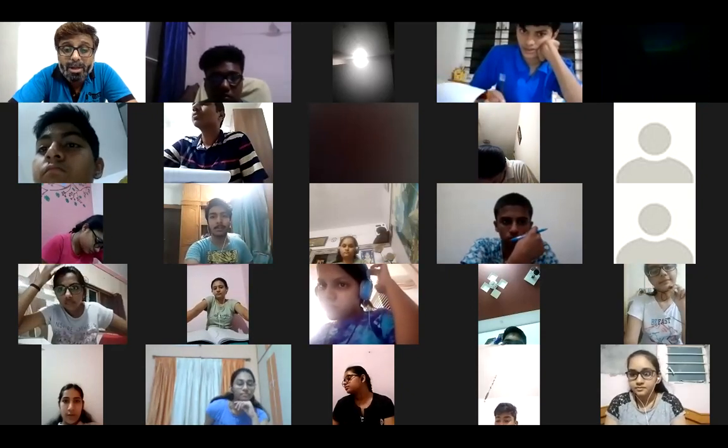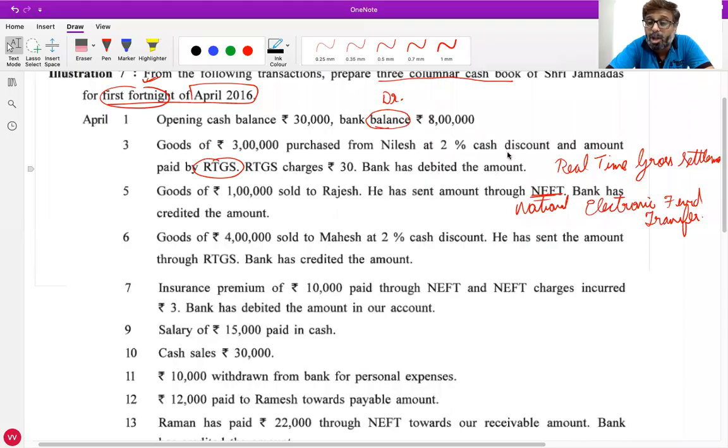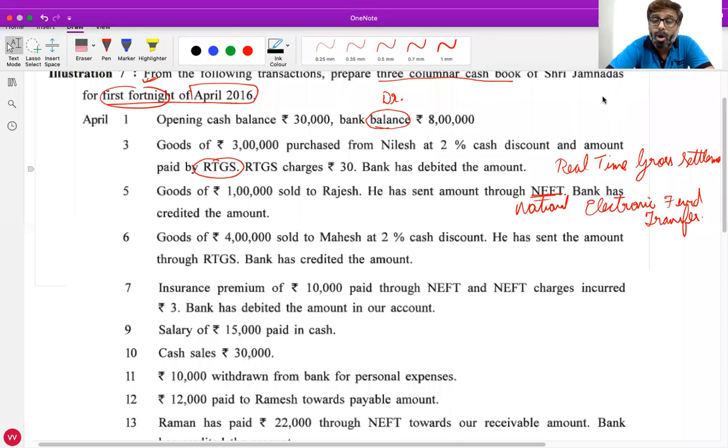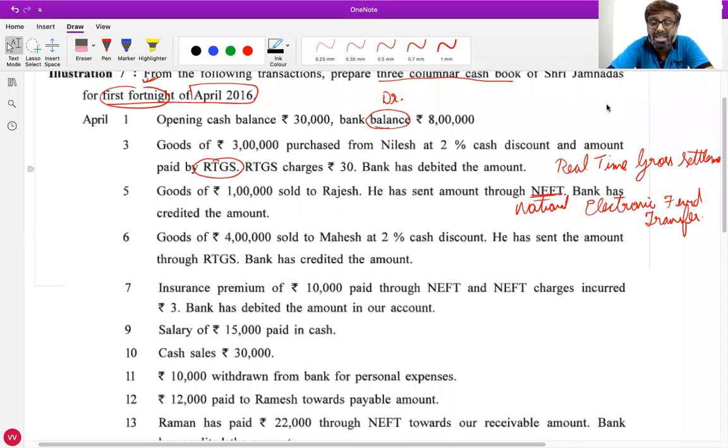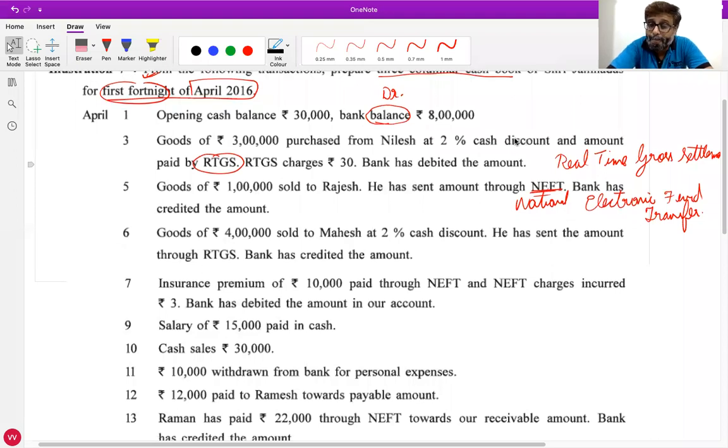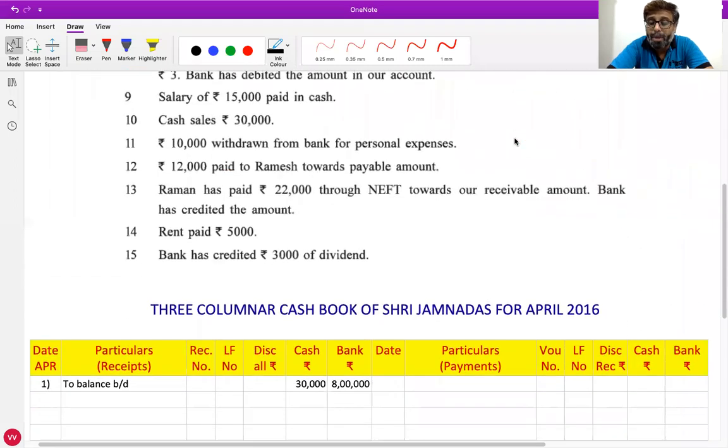So if the bank account is credited, then cash discount will also get credited. Yes. So all of you repeat, what is the journal entry? Purchase account debit to bank account, to cash discount account. Purchase account debit, to bank account, to cash discount. Did you all understand this?